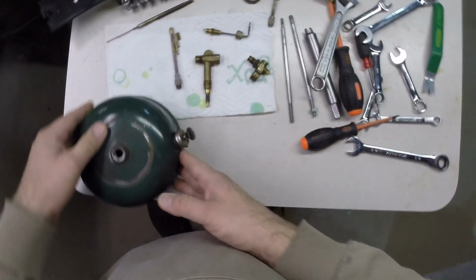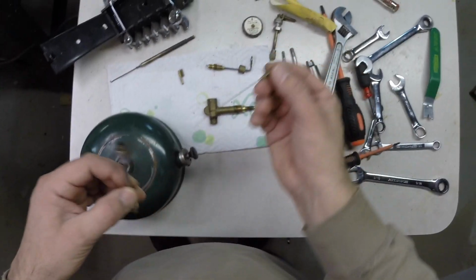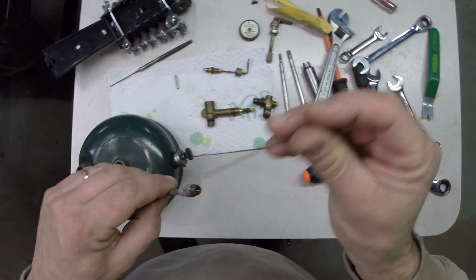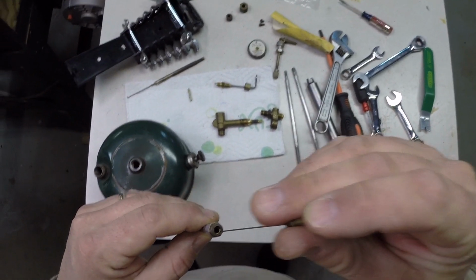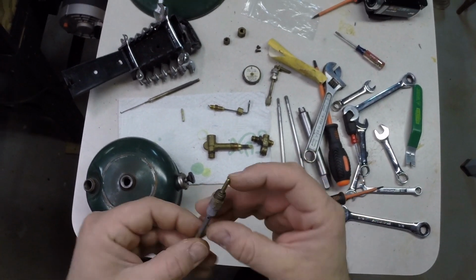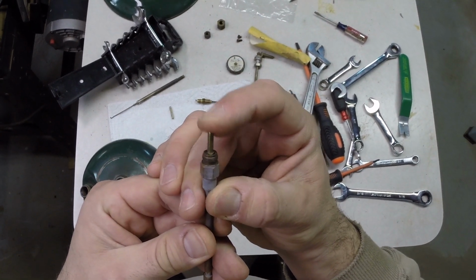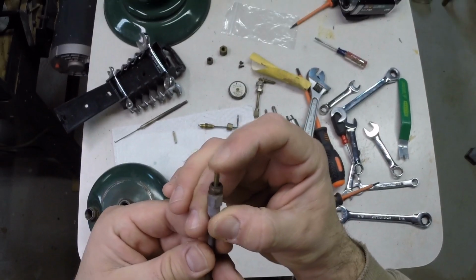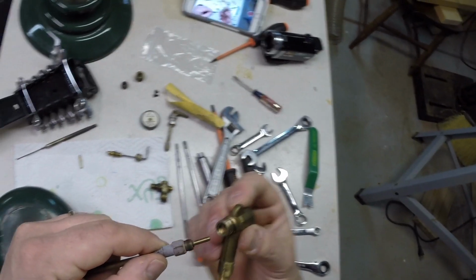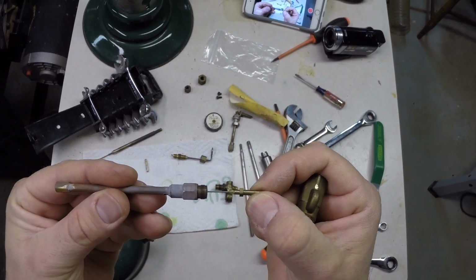Now we're going to start putting together the rest of it. So there's a spring that goes in here. We're going to stick the spring in there, and stick this rod in there and see how that works. Nice and free. I did clean this in an ultrasonic cleaner, and then this part, which we've just reinstalled,